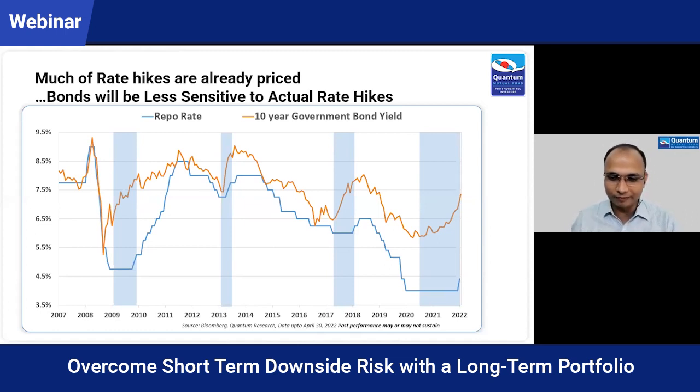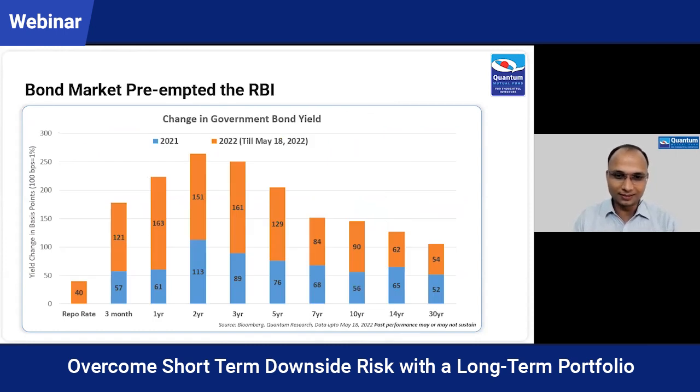And similar kind of movement we have seen this time as well. If you see at the right hand side, the highlighted area, repo rate was flat at 4%, but you can see that yields are moving higher. Just now in this month on 4th of May, we had a 40 basis point rate hike, but bond yields are much higher than what they were at the bottom in this cycle. So this shows how bond yields have moved up across the yield curve.